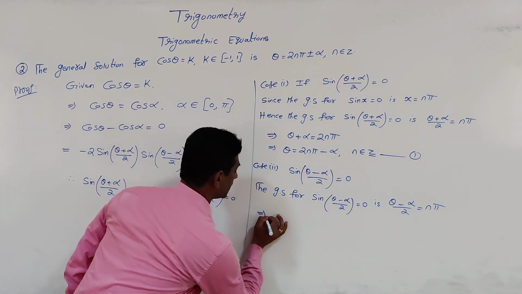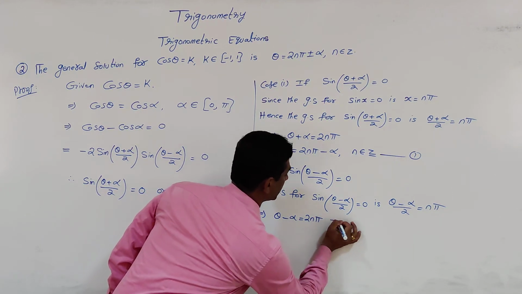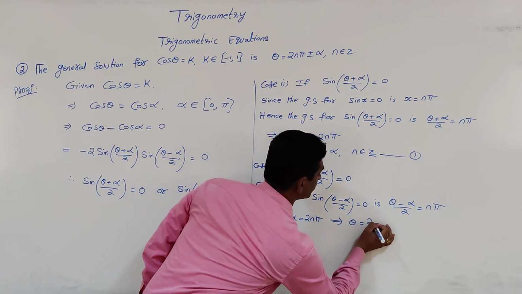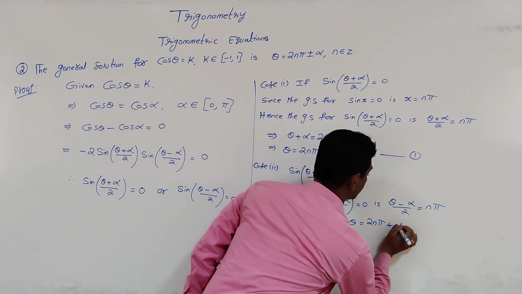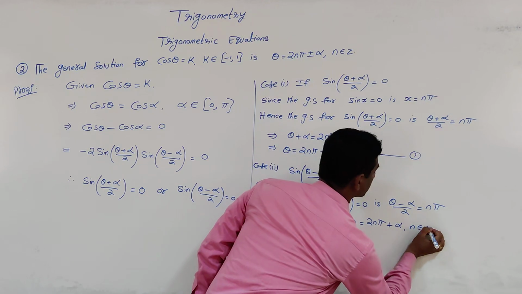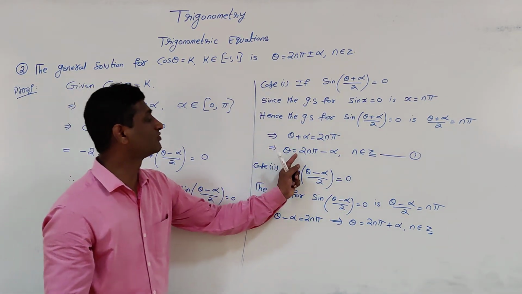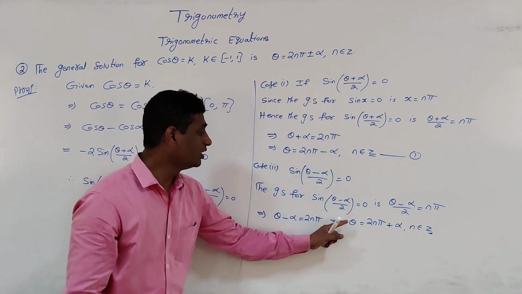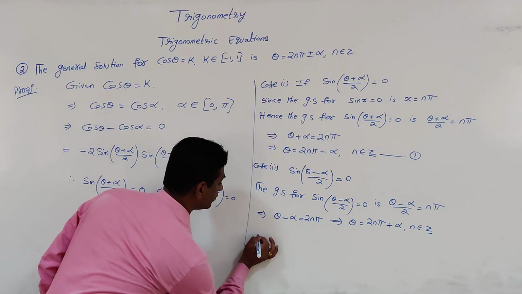We require theta, so theta minus alpha is equal to 2n pi, which implies theta is equal to 2n pi plus alpha, taking the minus alpha to the right side, where n belongs to Z. This means we can write the general solutions in the form of 2n pi minus alpha or 2n pi plus alpha. So combining these two,